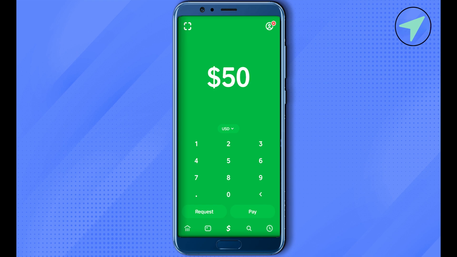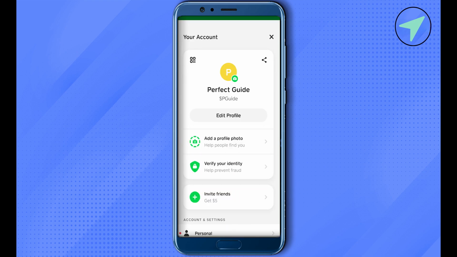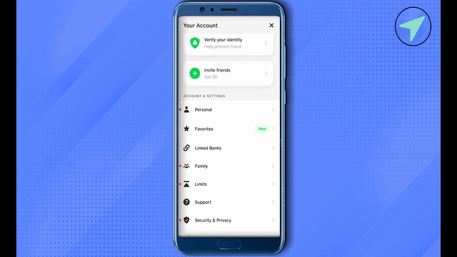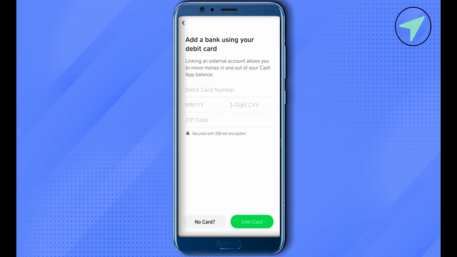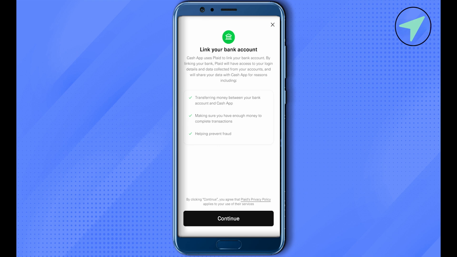For this, you will have to open up your profile by clicking on the top right hand side corner. Now scroll down and click on the option of Linked Banks. Now click on the option of Link Debit Card. This way you can use your debit card details to add it over here. In case you don't have the debit card, simply click on the option of No Card and wait for it to load. After that, click on this option of Continue,